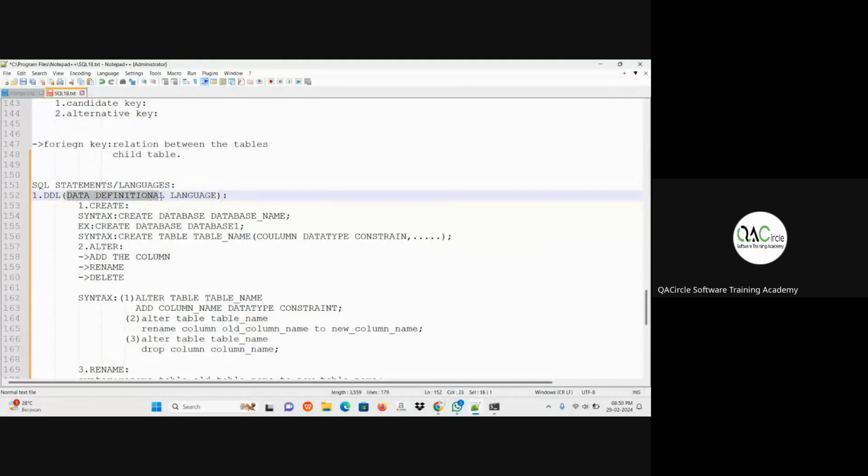In the bracket, write down its abbreviation. After that, in front of that, write down the statements that come under this: create, alter, rename, truncate, and drop.